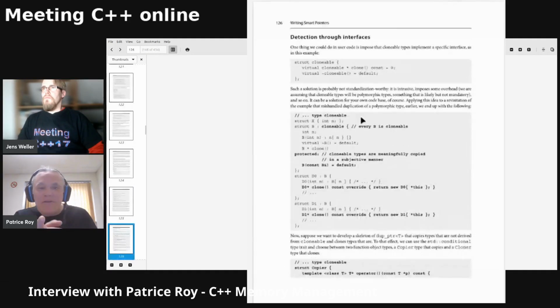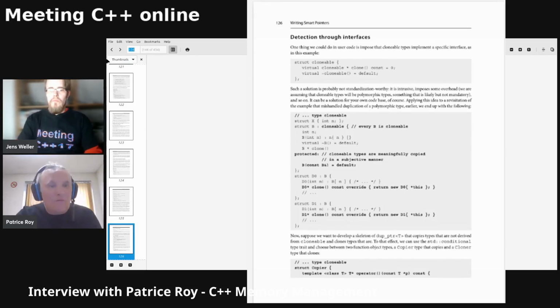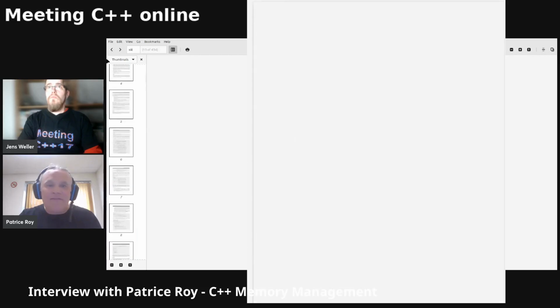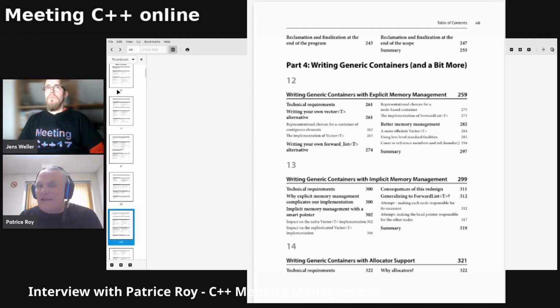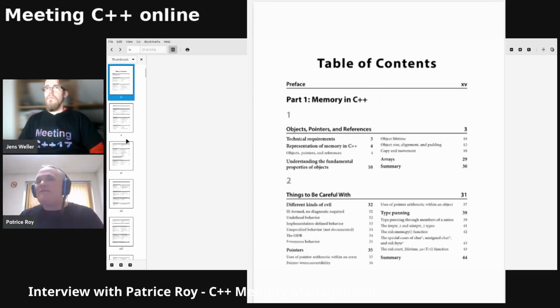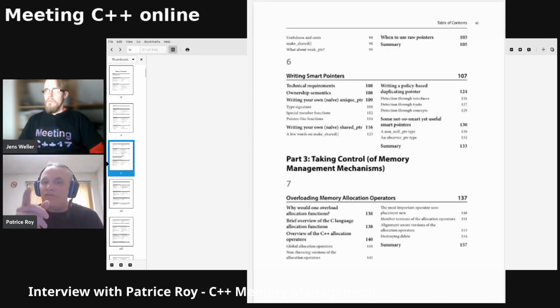The thing that people have to grasp when they're trying to write this sort of stuff is, you're told in school that there are these SOLID principles in object-oriented programming, and S is single responsibility. A shared pointer, by definition, has two responsibilities. That makes it intrinsically tricky to write. So what is in the book works. It's usable, but of course, it's nowhere near as sophisticated as the real stuff. But it is enlightening, I think, because I've heard people tell me that it seems simple. Wait until you try to write it for real.